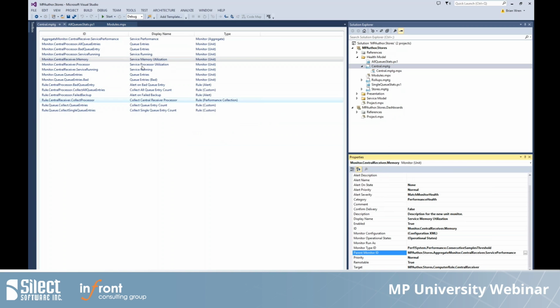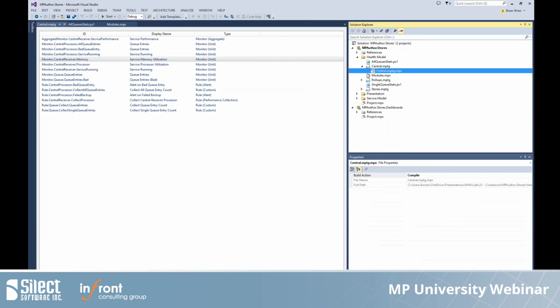But these are all the monitors, and some of those are built on standard monitor types. Here are rules that are built on standard modules. Others have been built on custom modules that I've built into this project. And all those we go through. I think every single thing there I actually build in the online training, so you can get a look at that. Now what's interesting though, and just to illustrate this, as we're looking at the template here, I can